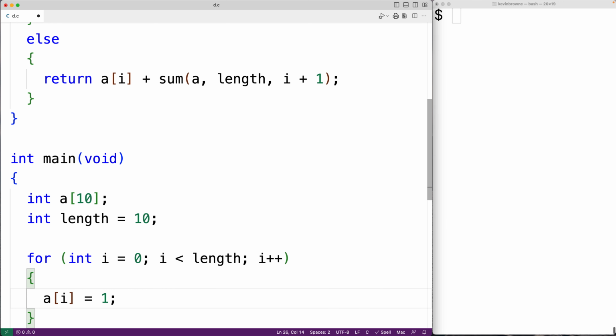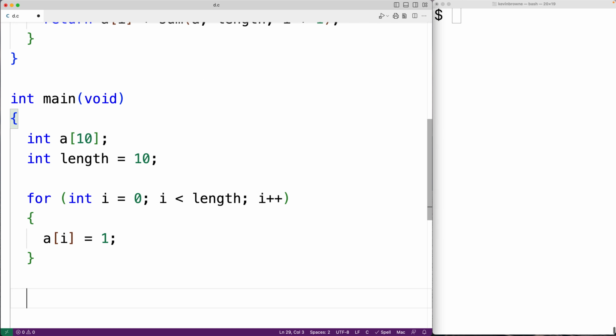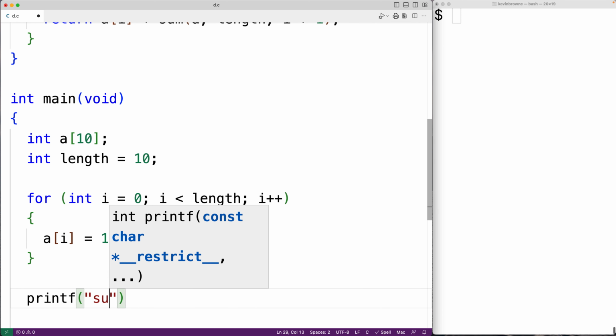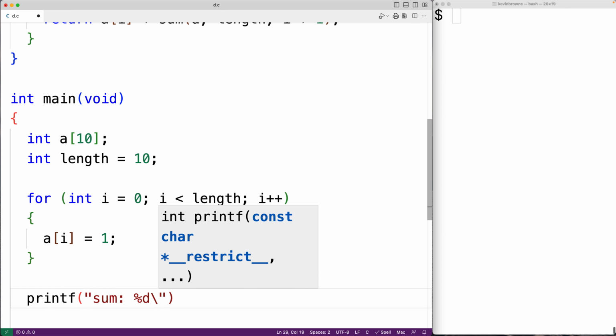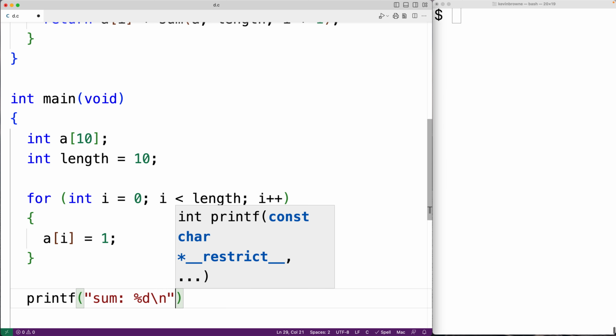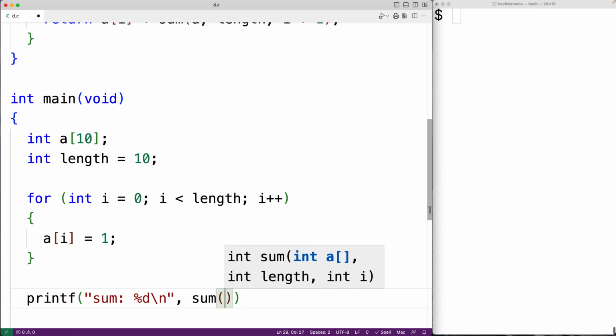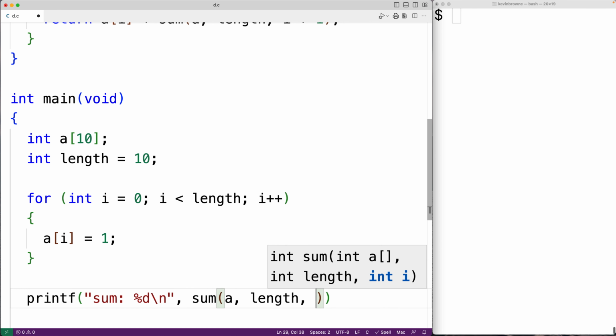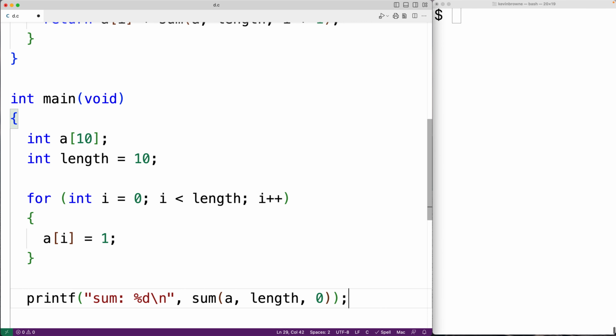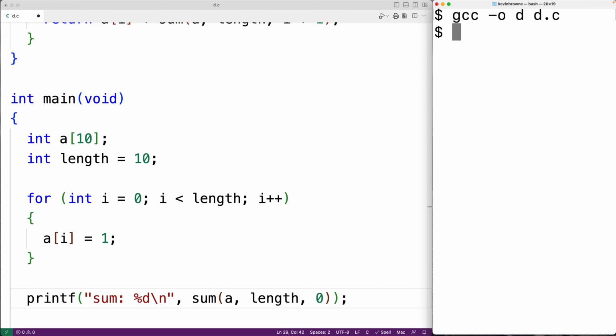Then we'll call our sum function, and we should get back the sum 10. So here we'll have printf, and then "sum:" with %d to output an int, \n to output a new line, and then we'll call sum with our array a, the length of the array, and 0 as the initial i value. We can then save, compile, and run our program. So here we'll have gcc, and we'll compile it, and then we'll run it, and we get a sum of